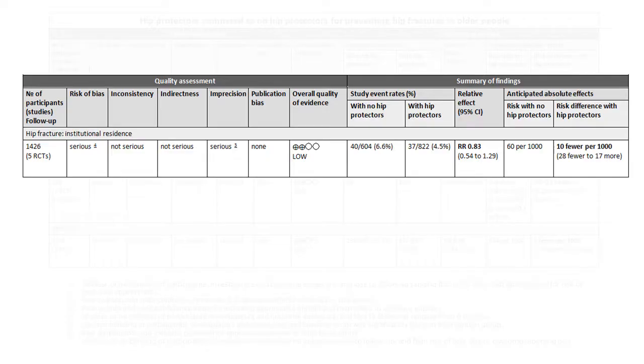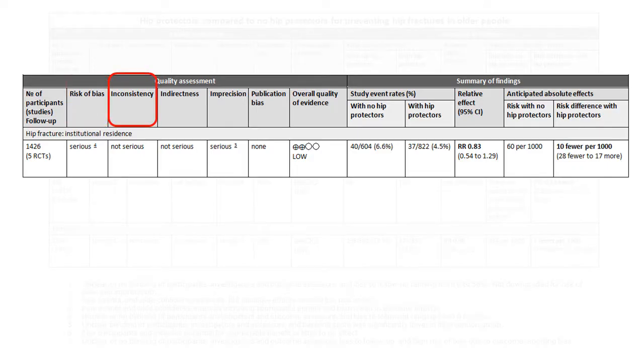This is an example of a dichotomous outcome, in other words, one that is evaluated as present or absent, or yes or no. There were 5 randomized controlled trials that evaluated the impact of hip protectors on hip fractures in a total sample of 1,426 older people living in institutional residences. The methodologists evaluated the quality of this body of evidence by assessing the 5 factors considered in the GRADE approach: the risk of bias, or study limitations,